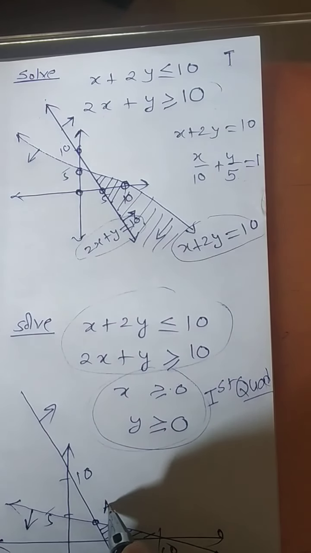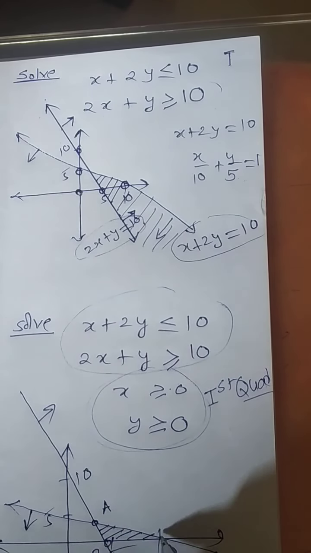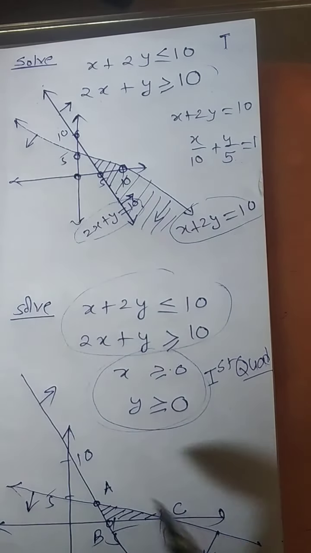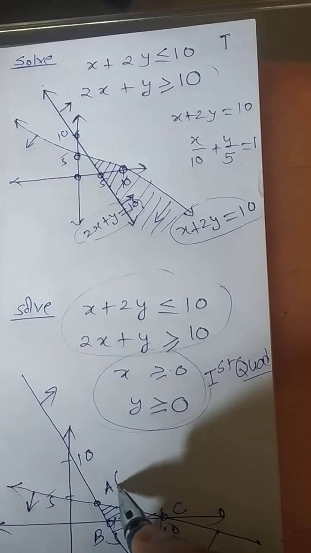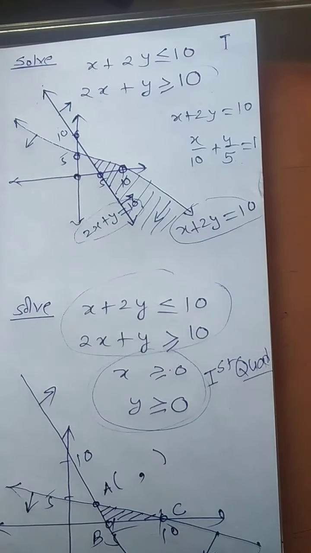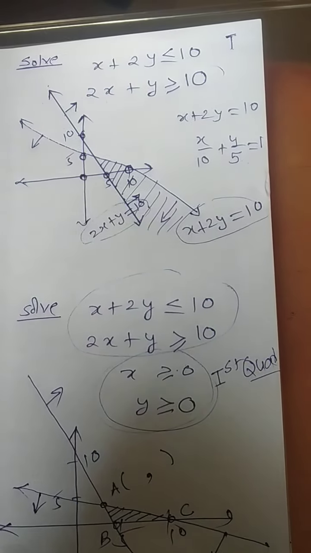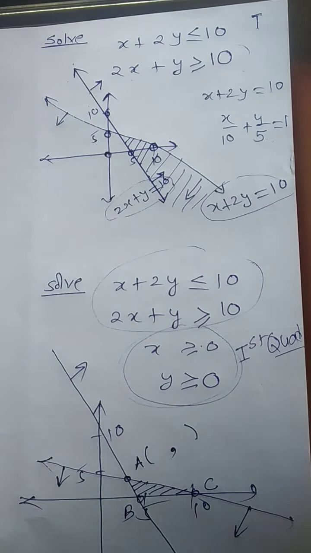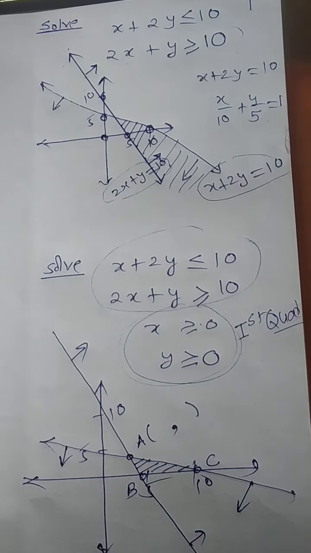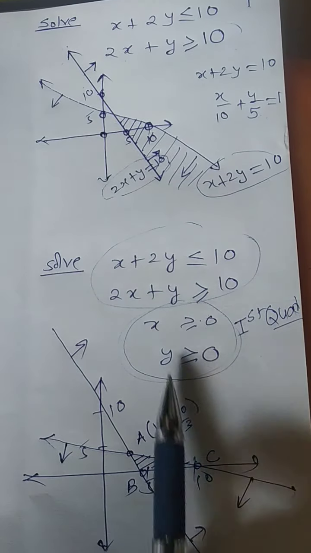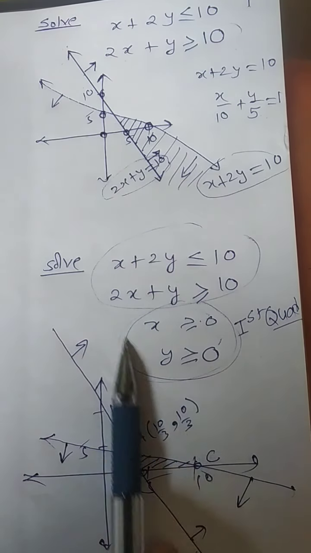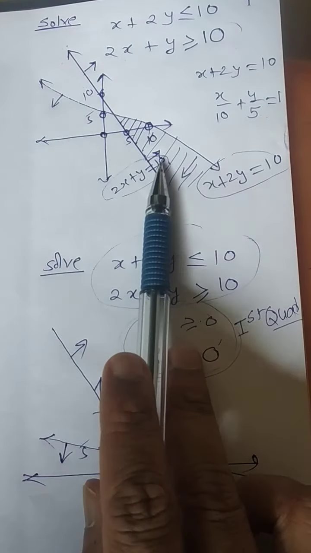So what are the boundary points? A over here, B over here, C over here. Suppose someone is asking you what is A, then A can be obtained by solving these two equations. You solve these two equations and try to find out A. It is not required now. Next year there is a concept you are going to learn, linear programming, where it is required. But for the time being, you can let me know for this one question what will be the value of x and y. So you are getting here 10 by 3, cross check. So you shade in the first quadrant whenever these two conditions are given. Otherwise, no, you have to shade like this.